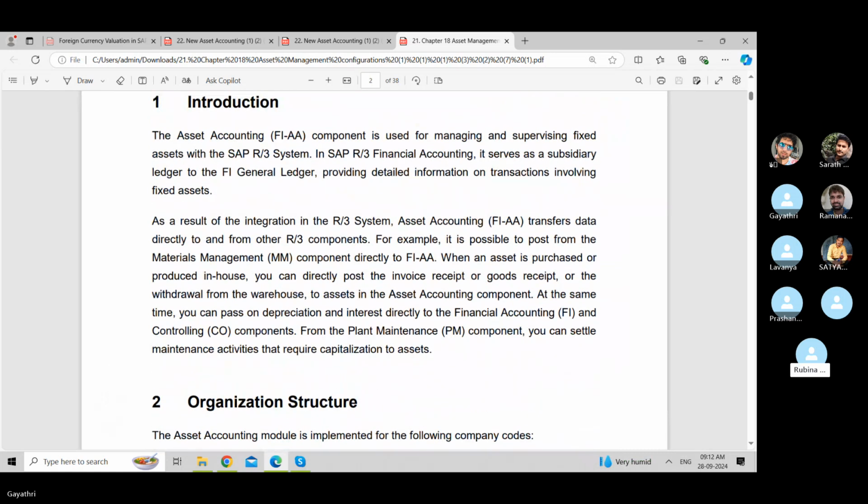Scroll. Yeah. See here, actually, why is this asset accounting required first? Generally, in FI accounting, that is in finance, it is used to transfer the asset into finance. That means asset accounting, FI-AA, is a component used to manage and supervise fixed assets, to show fixed assets in the FI module. Here we are taking this new asset accounting